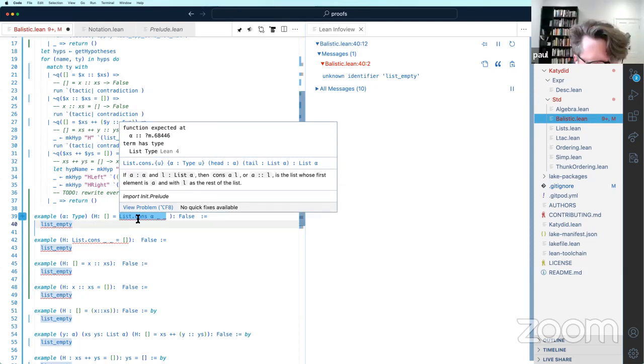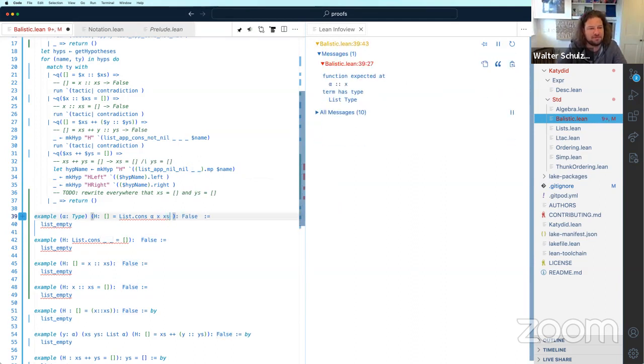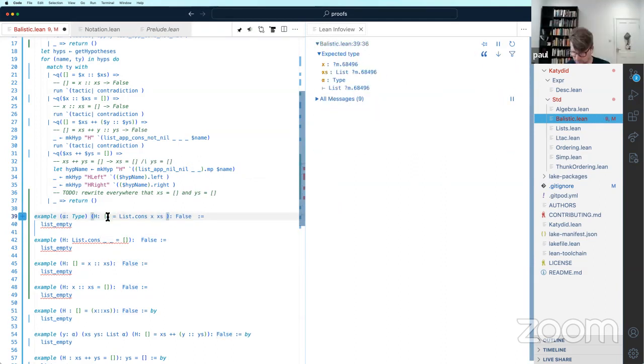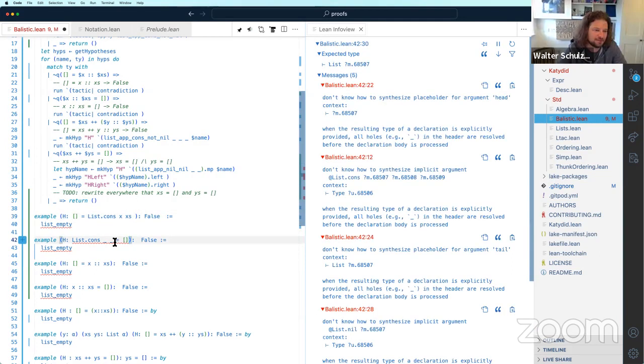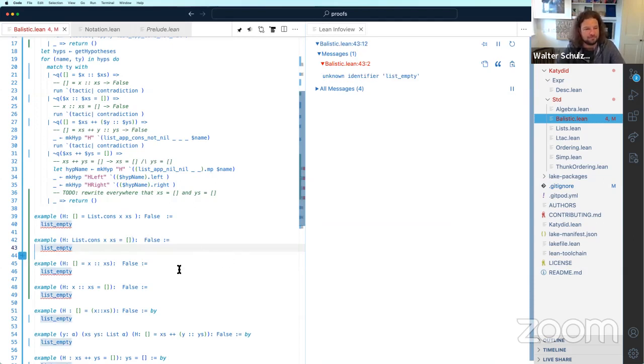From the function perspective. Oh, I can't put patterns here. Sorry. That was stupid. Okay, there we go.